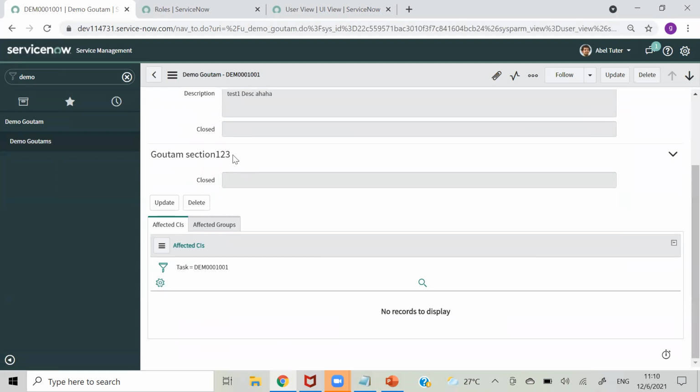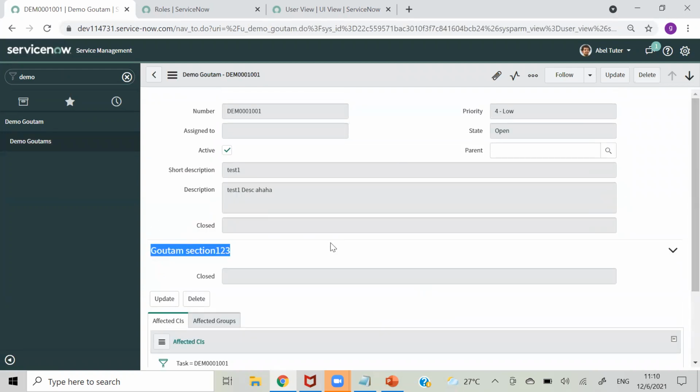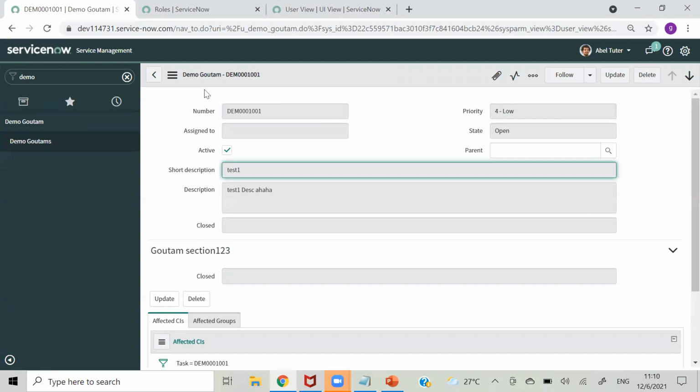Yes, section 1 to 3. We have added this to our user view, right? And that audit, all those things were on demo. So you can see now this person is able to see user view.